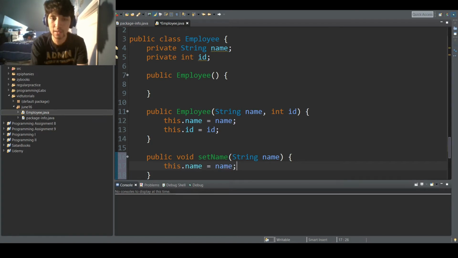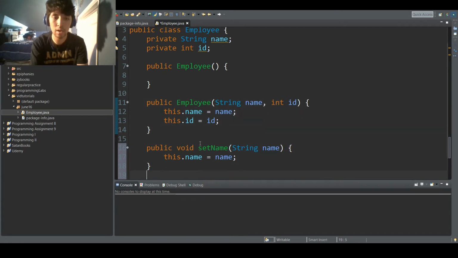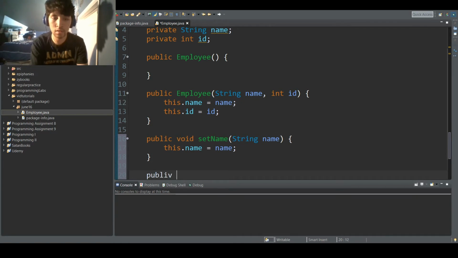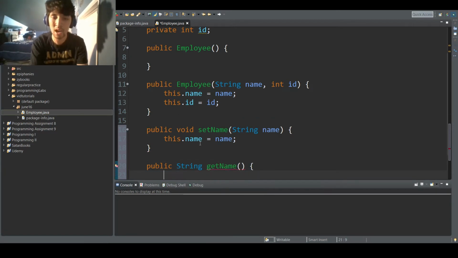Essentially, if you're using the default constructor, the setters and getters fulfill the purpose of the parameterized constructor, as I call it. Public string getName. Now this one doesn't take any parameters,